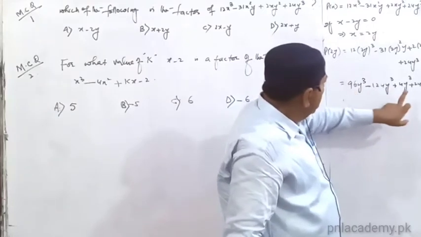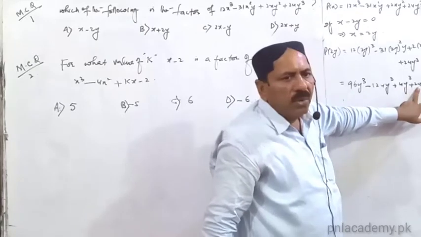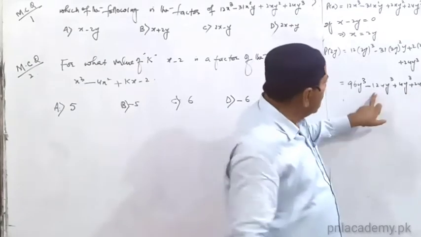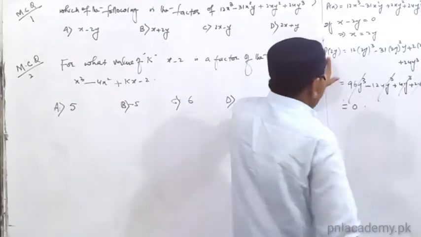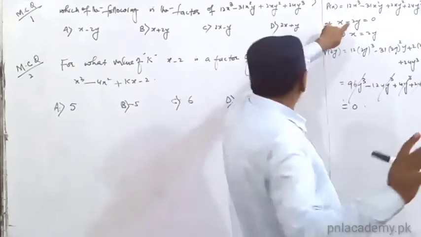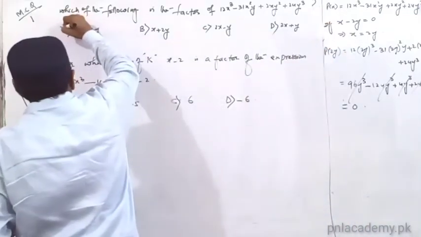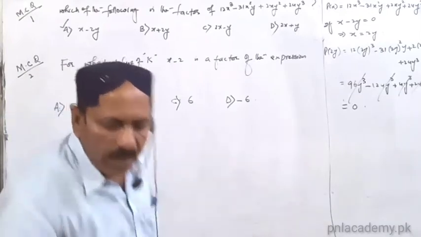96 plus 4 means 100. 100 plus 24 means 124, minus 124 cancels. If the result of p of 2y is 0, then x minus 2y is the factor. So option 1 is the correct answer. Okay. Next is